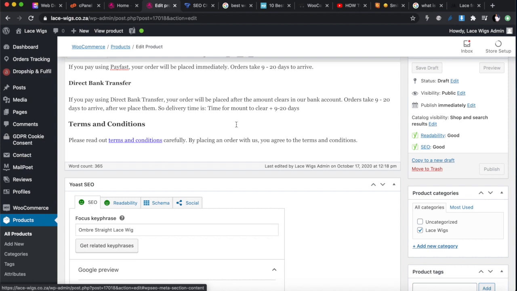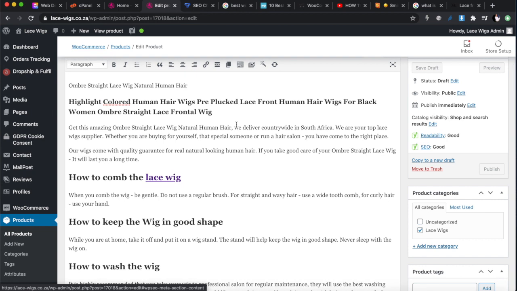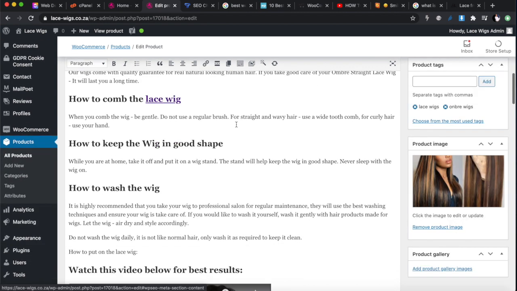What I normally do with my stores is I do one page and I optimize it and get it green. And once I've gotten that done, I just replicate it for every other page. I replicate the page, and the only thing I change is my keyword, because everything else I keep the same.